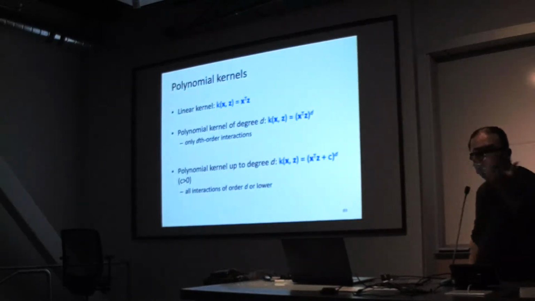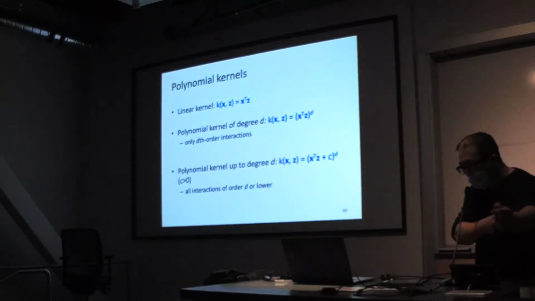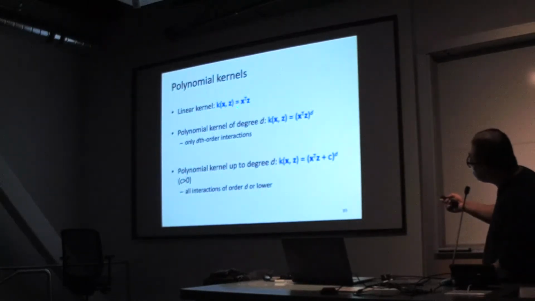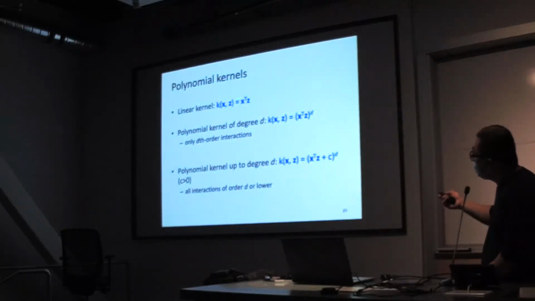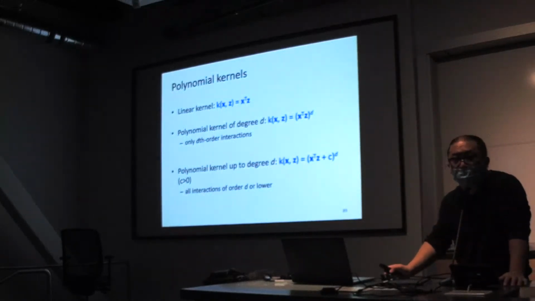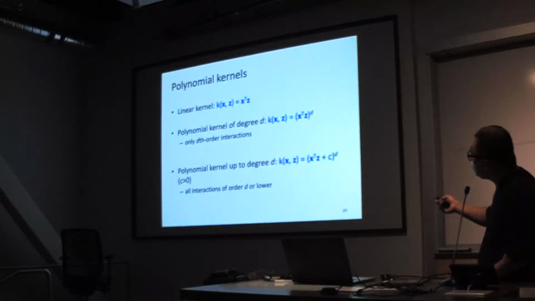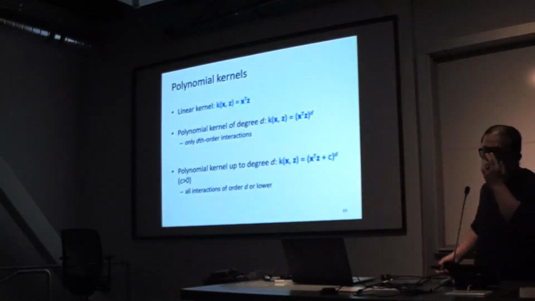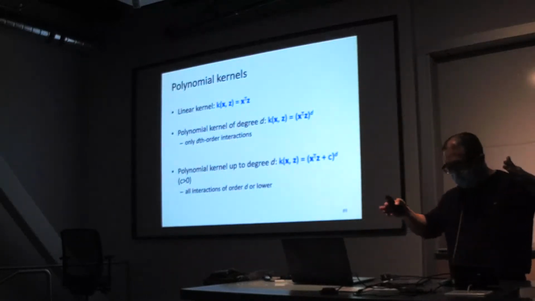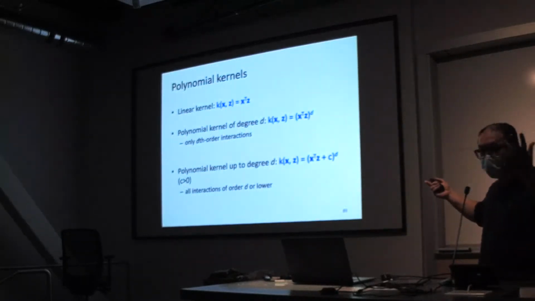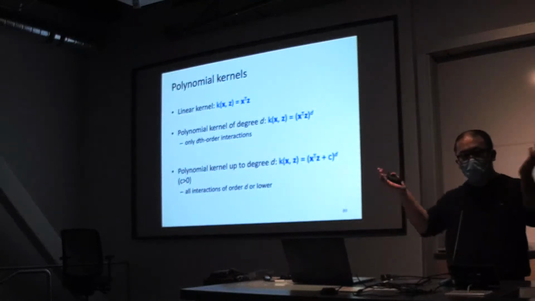Here, we're given a set of commonly used examples of kernels. Linear kernel just does the dot product between the original input vectors, which means you do not perform any feature mapping. Polynomial kernel: you take the inner product between x and z and take the power of d. This only reflects the highest-order interactions, meaning you enumerate features in x and features in z and combine them so their product reflects